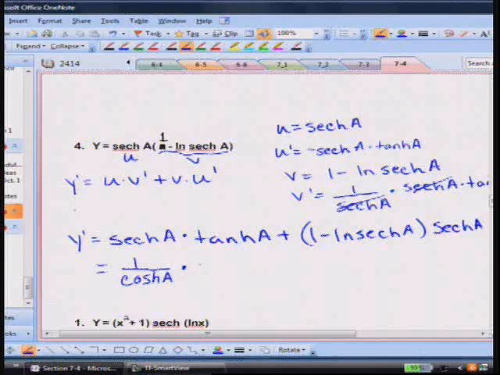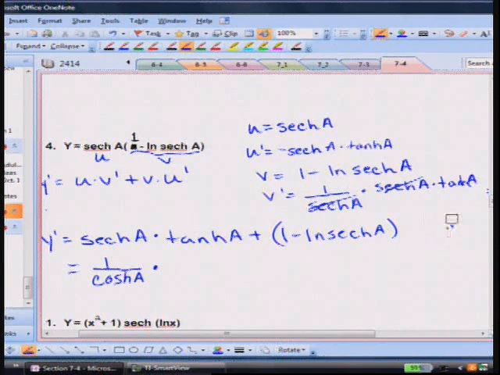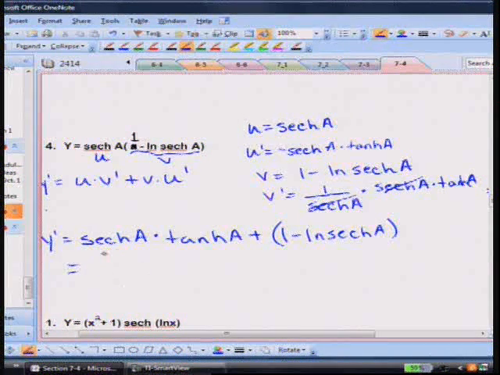Miss Brooks? Yeah? Your U prime, you didn't write it down right. Say it again? Your U prime is supposed to be negative secant A. Thank you, thank you, thank you. Oh, thank you. All right, so this is